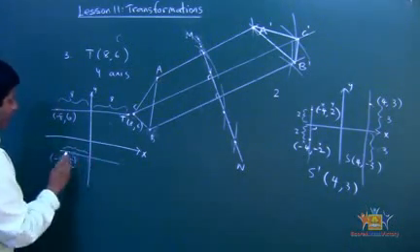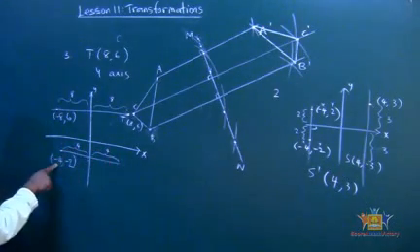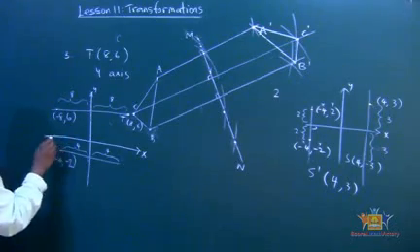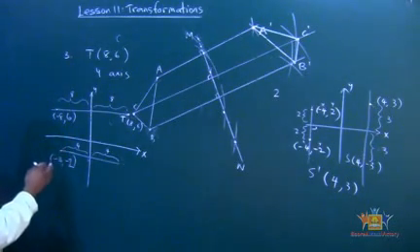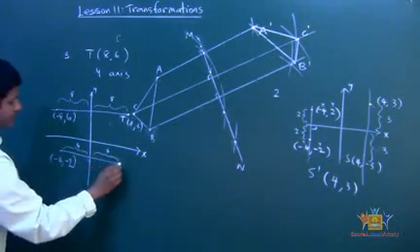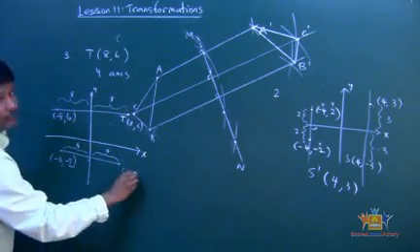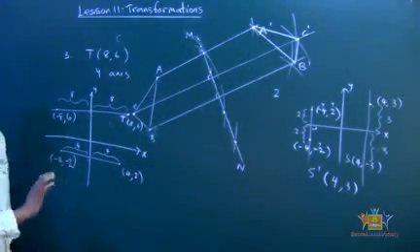We know it's going to be 4, and here also going to be 4. How do I know? Because the negative just tells us it's on the negative side of the x. The distance, the length, is still going to be 4. That means -4 becomes positive 4, and y stays 2. It doesn't change.